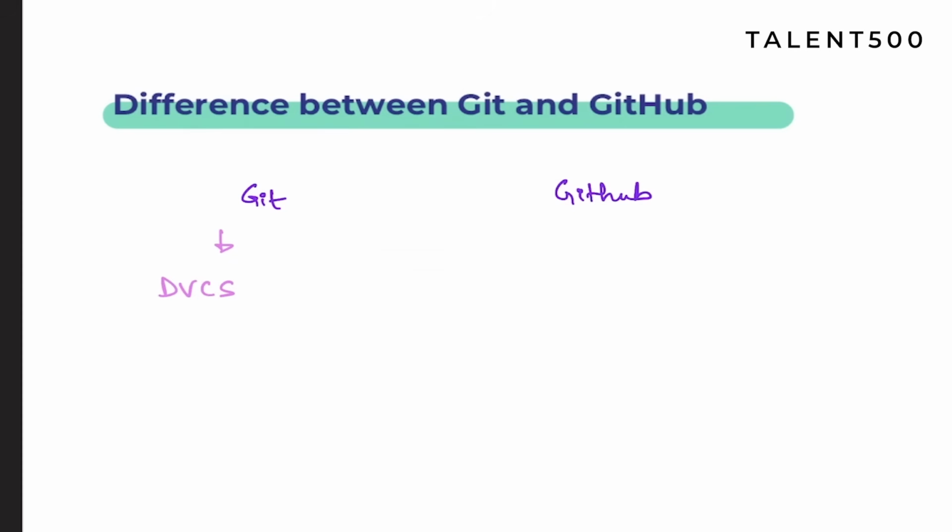And with the help of Git, we can track work, plus we can support collaborative work. Okay.